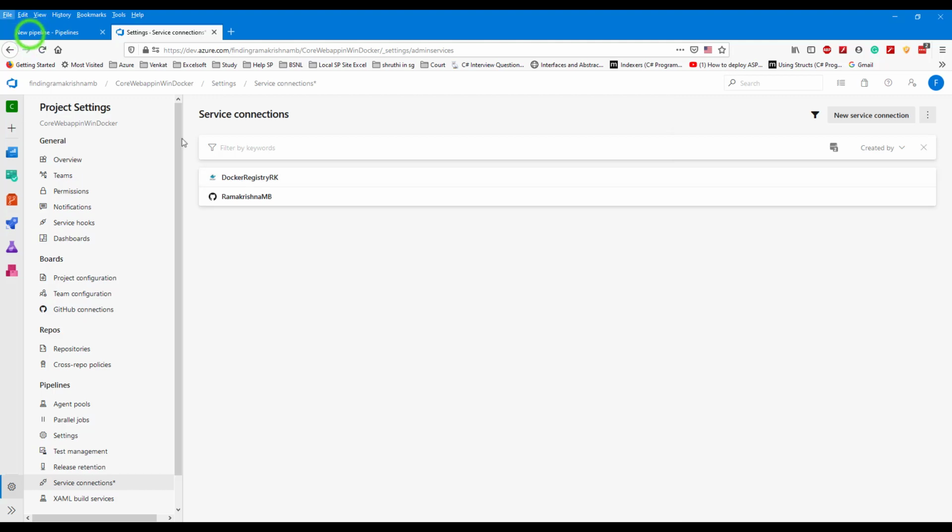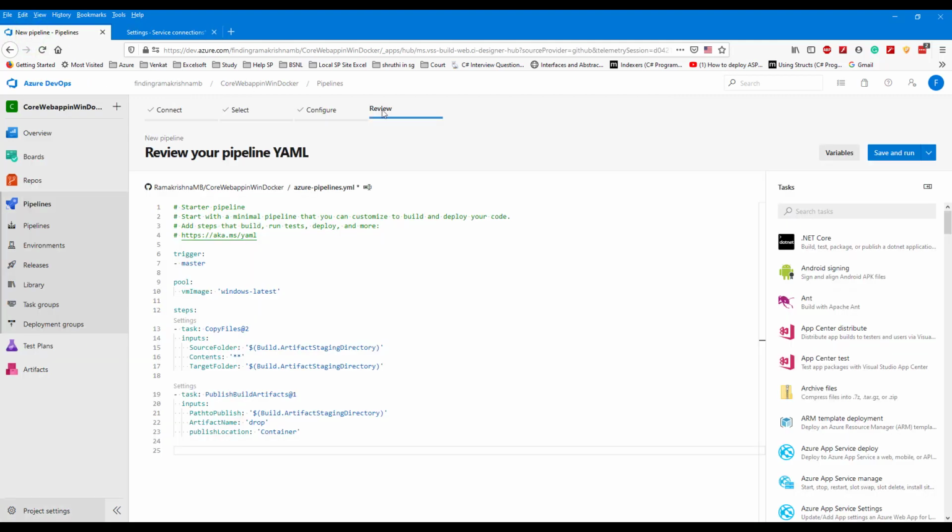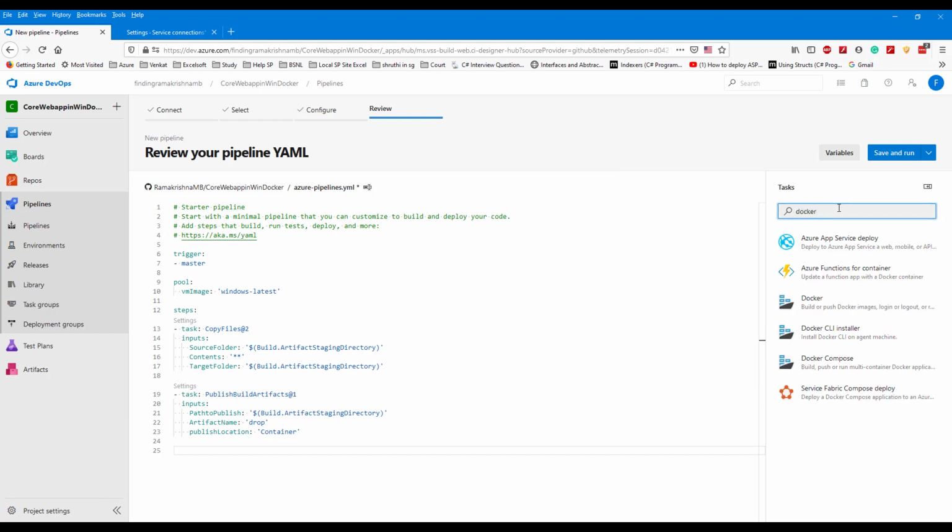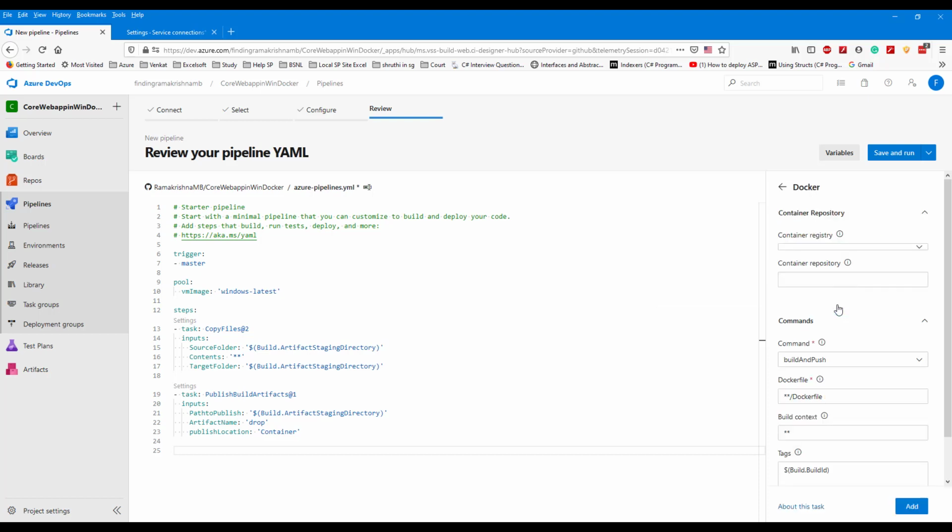Once our service connection is created, go back to our pipeline. In the task assistant, search for Docker. We need to build and push our Docker images to Azure Container Registry. So select this template.